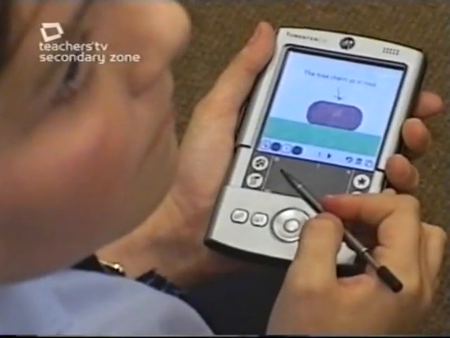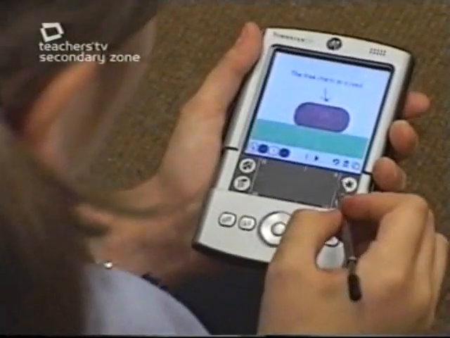mum and dad are. Well, I'm a complete novice with any sort of computer electronically, and I've just found it amazing that the things that she comes home and says, look at this, Mum. You don't tend to get the same level of sharing with your child with a piece of pen and paper work as you do when they bring it home with this particular piece of equipment. They want to share with you instead of just saying, how was your day? Oh, fine. It's, look what I've done today, Mum, look what we've been doing in class, look at what I need to do next for my home learning.